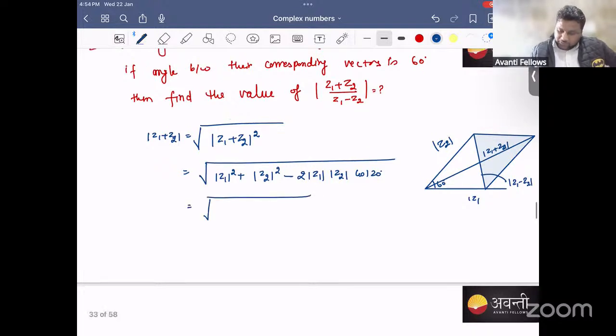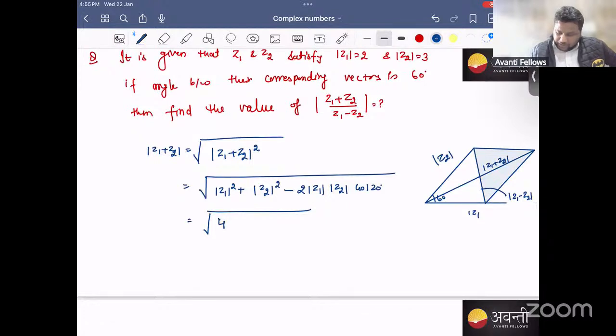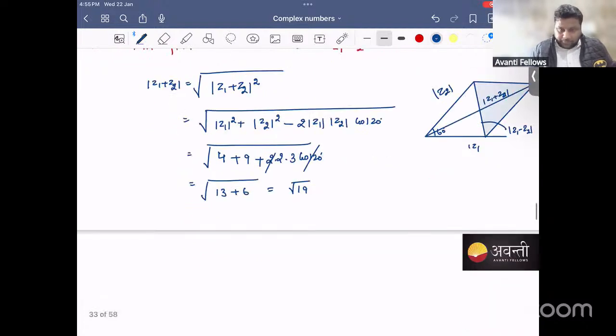This is under root of mod Z1 given 2 means 4 plus 9 minus 2 into 2 into 3 into cos 120. Agreed? So cos 120 is minus half, which cancels this and makes this sign positive. So what it is? 9 and 4, 13 plus 6. That is under root of 19. All right. Now, magnitude of Z1 minus Z2 is under root of mod Z1 square plus mod Z2 square